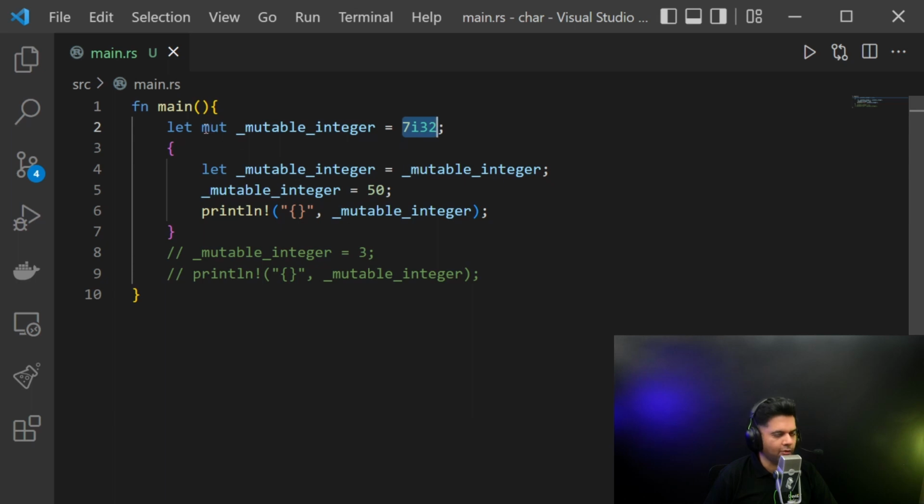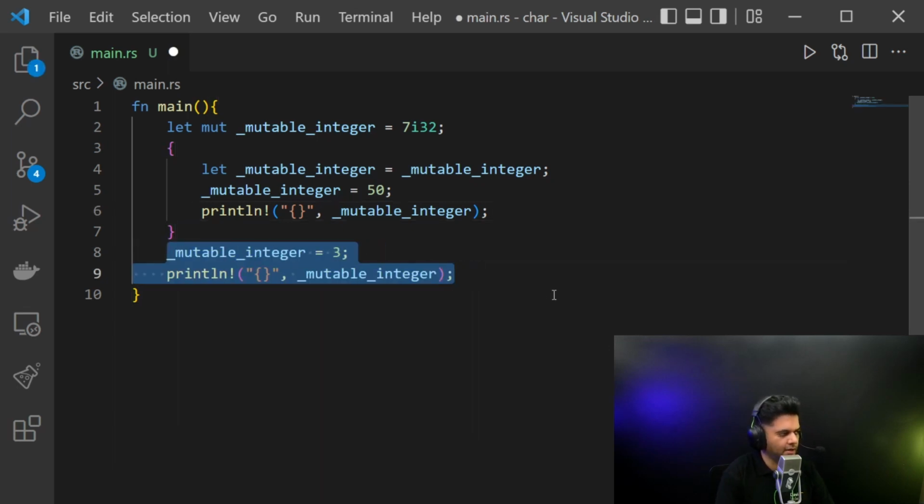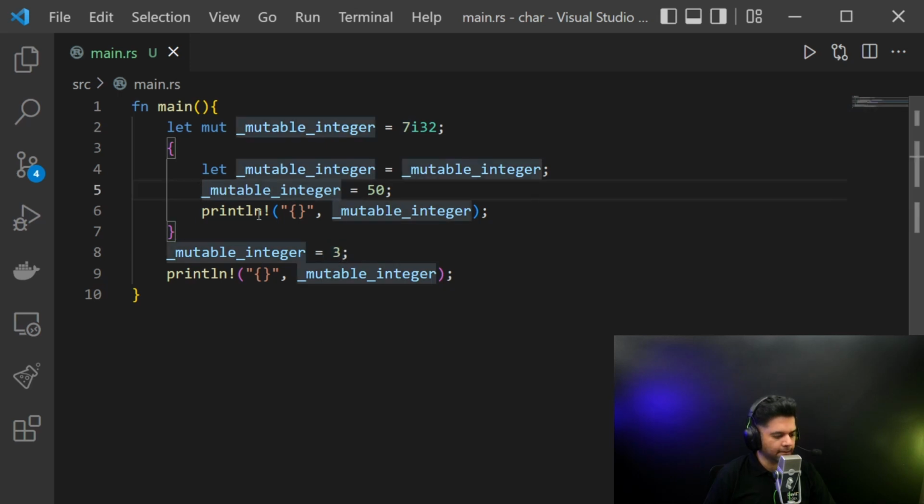Now, why would I do that? I do that because at some code blocks, I might want to freeze that value and keep it immutable. And in some places, I might want to mutate that value. So if I uncomment this code now and I make mutable integer equal to 3, which it was 7 earlier, now it's 3, and I comment this